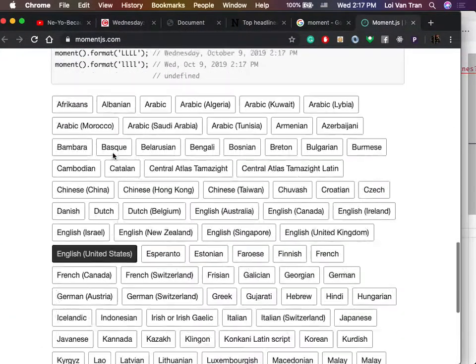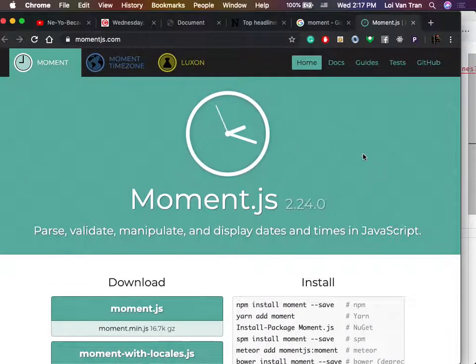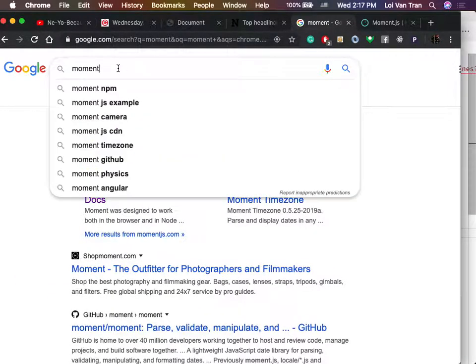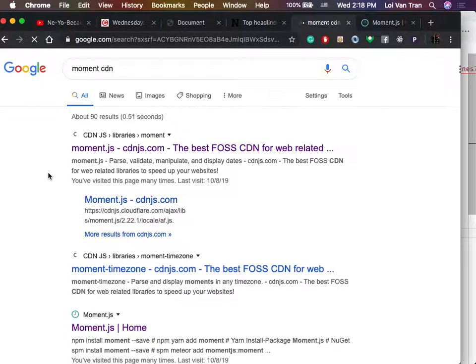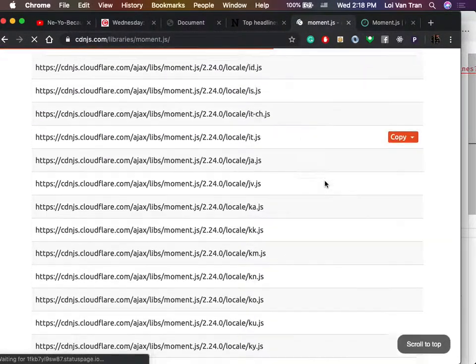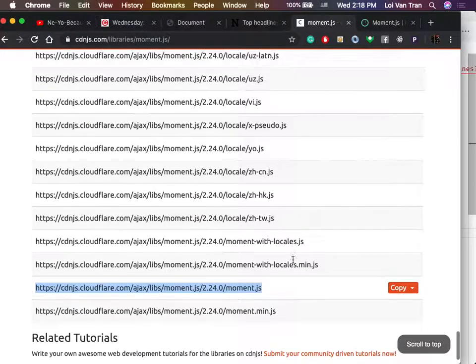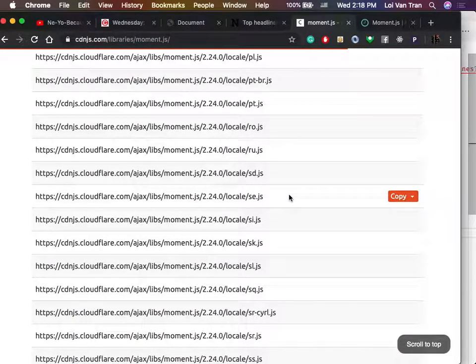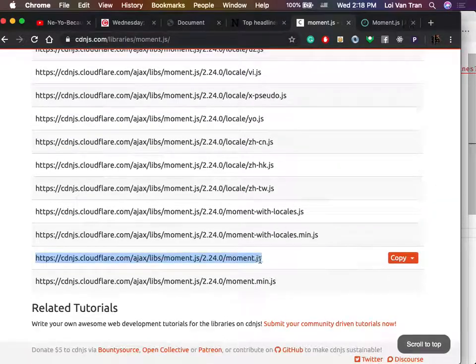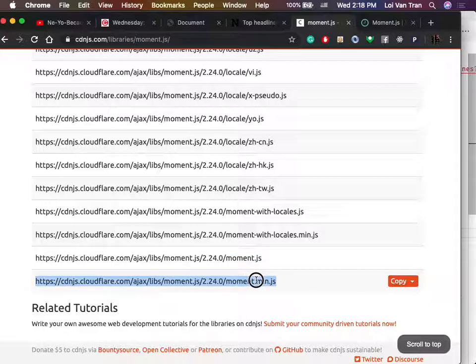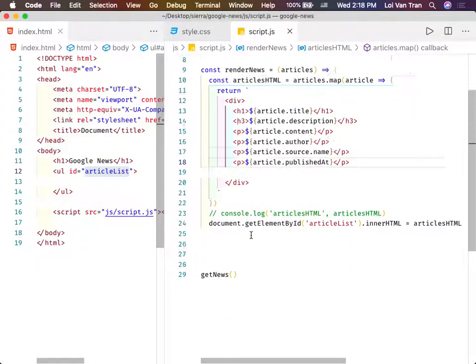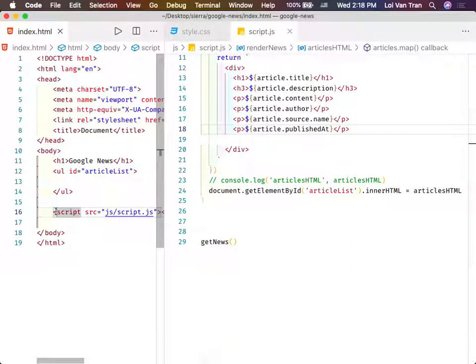Okay, so we're gonna Google. You guys can see examples, and this is not the right thing. I'm gonna do Google moment CDN. Okay, so now we have moment CDN right here. We jump over, and I want you guys to scroll down to the one that just says moment.js right down here. Some of these right here are called locales. They will make our library behave more sexy. Now that I think about it, you should get the one that says min. Min here means minified. It's just a smaller file. So we're gonna copy it. We're gonna inject this into our